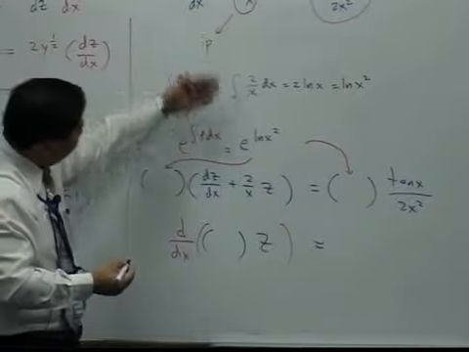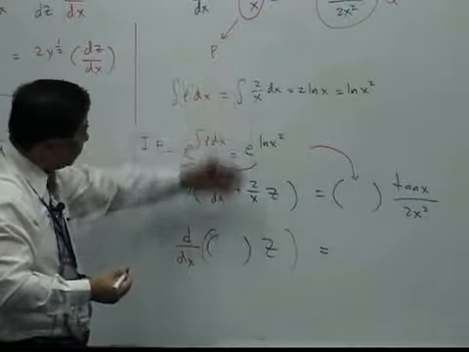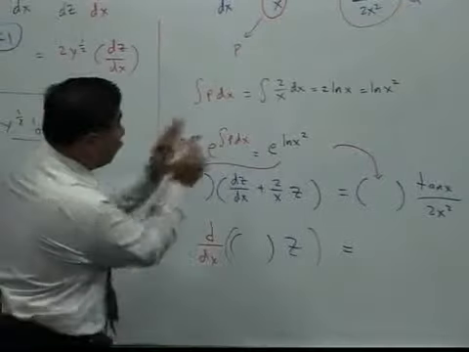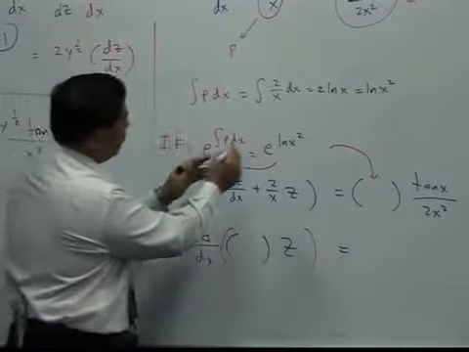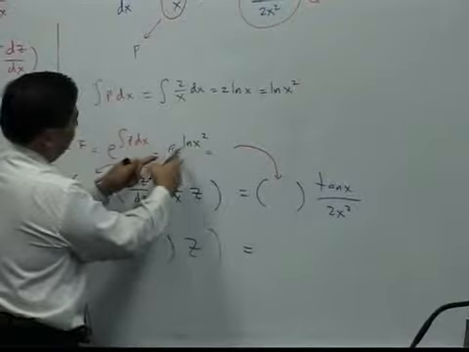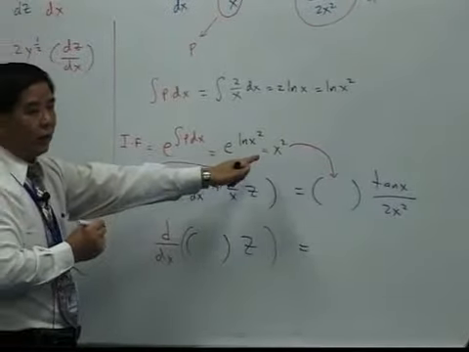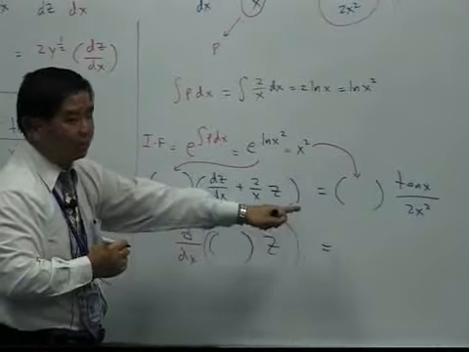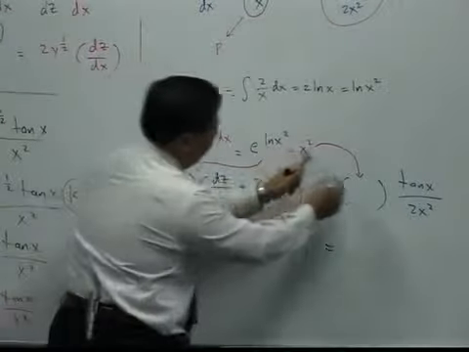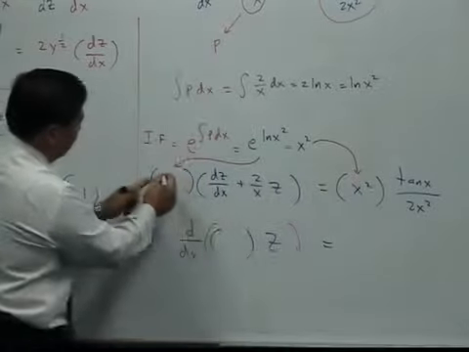If you do it by the framework, you will see that it is rather easier. You see, just fill up the blanks only. Okay? So what happens next? Because of the ln and the exponent, you should be able to get x squared. I'm trying to fill up the blanks only because we already know the framework. x squared. You see that?